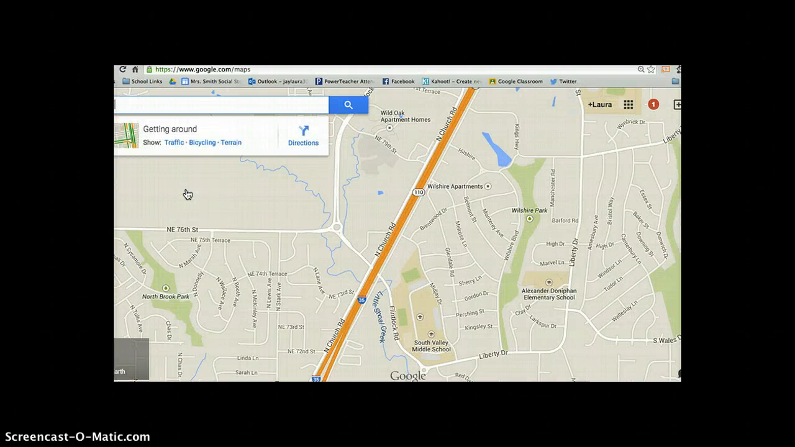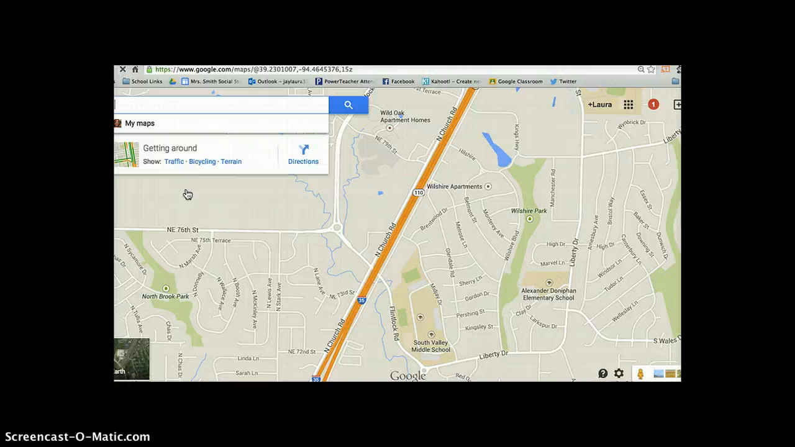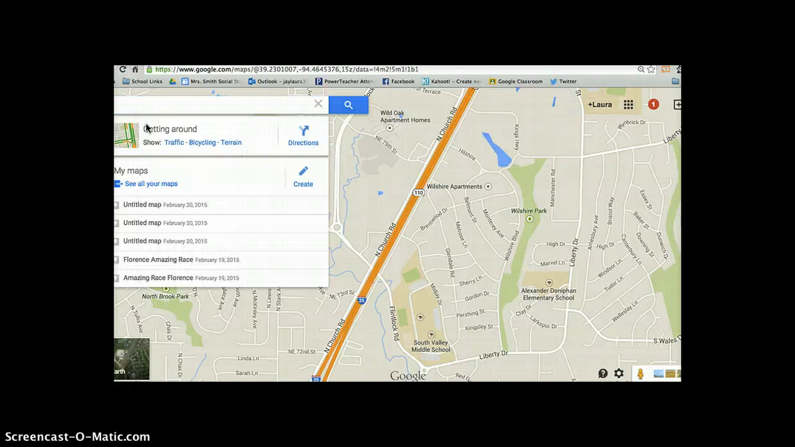And this is one that you can use for almost the entire presentation if you want to. If you click on My Maps, this is where you can see all of your maps. Now, I have several because I've been using them as examples. If you click on Create,